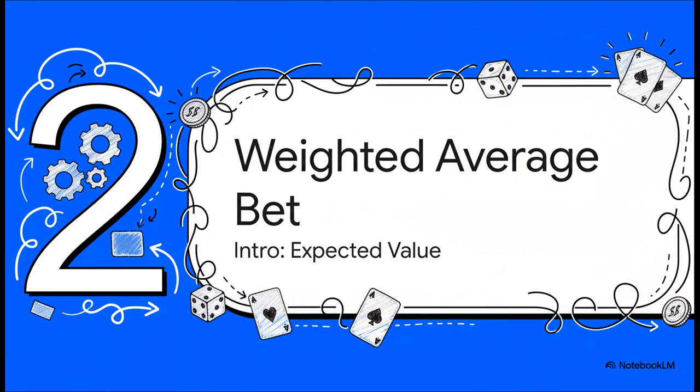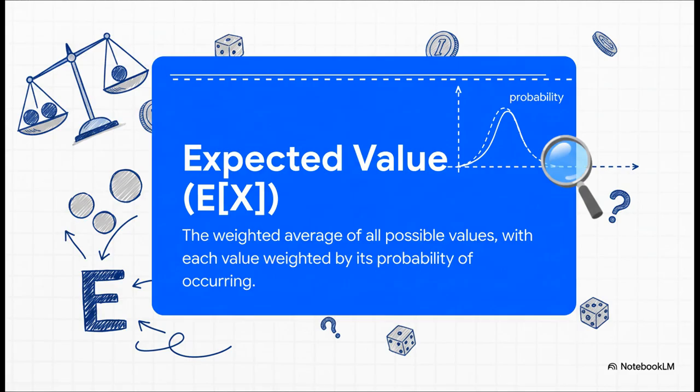So what's the answer? Well, it's a really elegant concept called expected value. You can think of it as our best mathematical tool for placing that weighted average bet on whatever the future holds. Okay, so what is it? In the simplest terms, expected value is just an average, but it's a smarter average. It gives more weight to the outcomes that are more likely to actually happen. It's the official mathematical way of figuring out what we truly expect to happen over the long run.